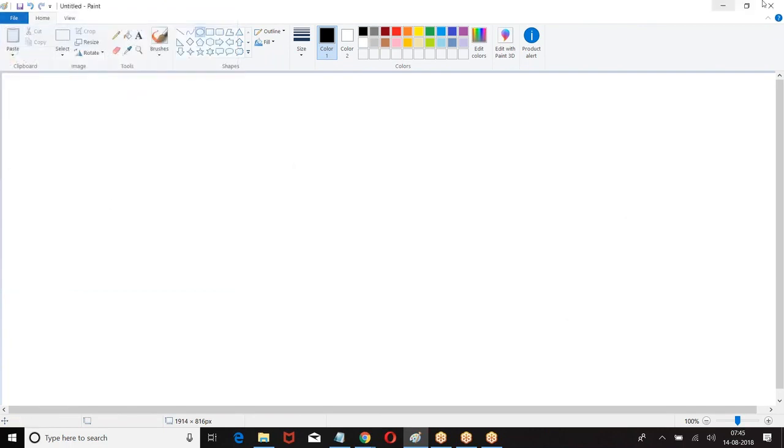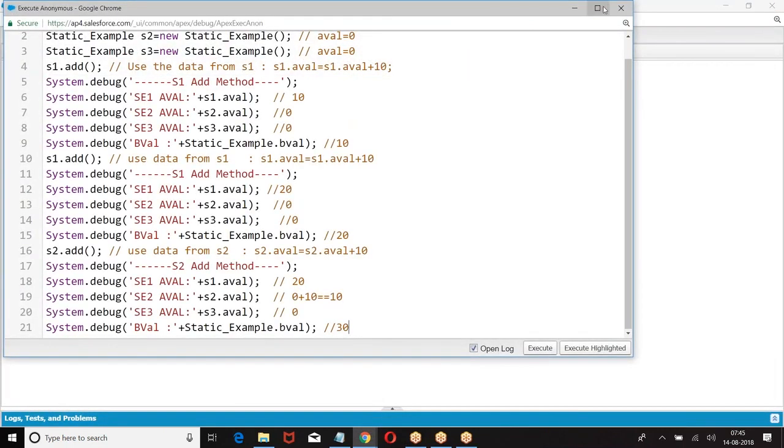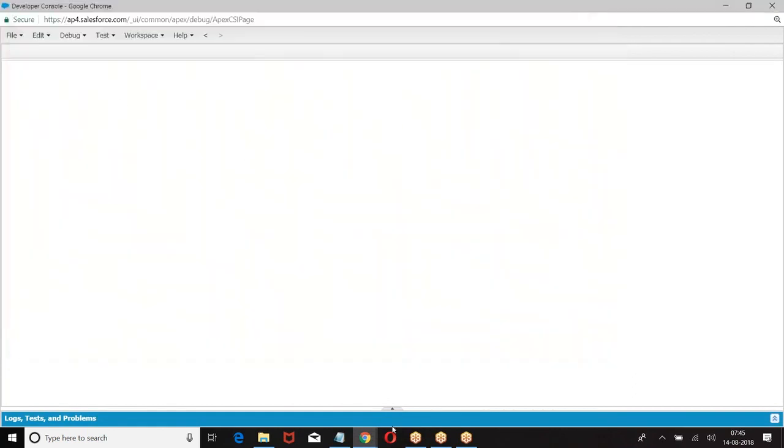Okay. Now, let us go to the next one. What is overloading? Overloading means, look at the format.